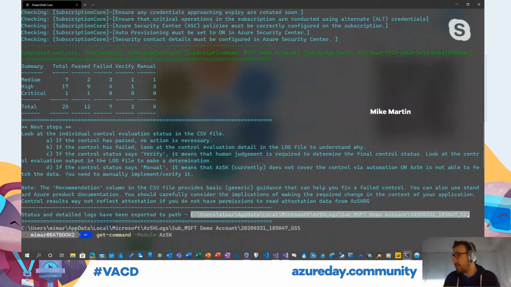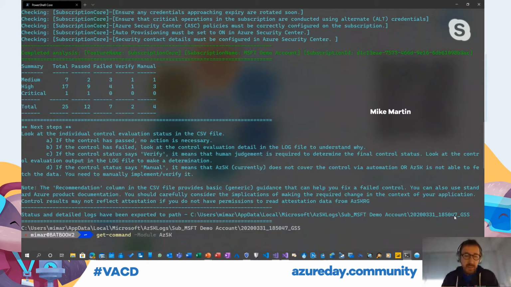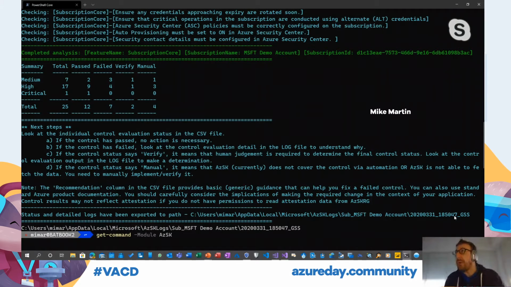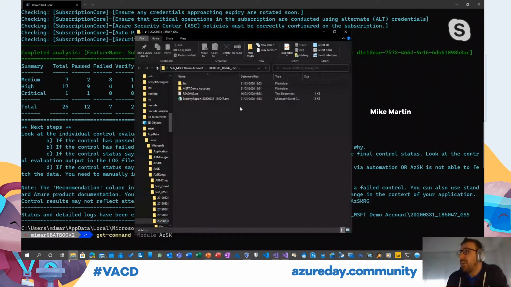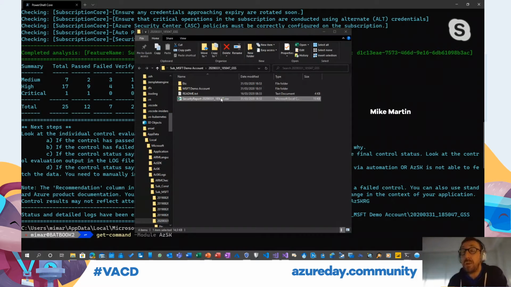I need to make sure that I do it correctly. There we go. It will give you a path back. It will create you a couple of files, and one of them is a CSV file where you can see all the vulnerabilities that were created inside of your ARM template or inside of your subscription, and that you need to actually